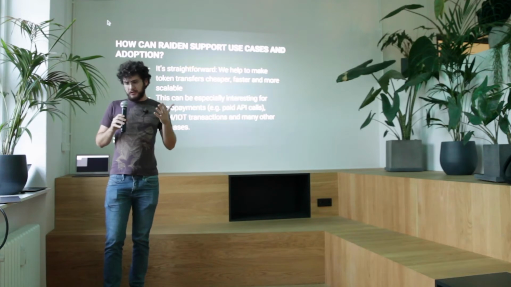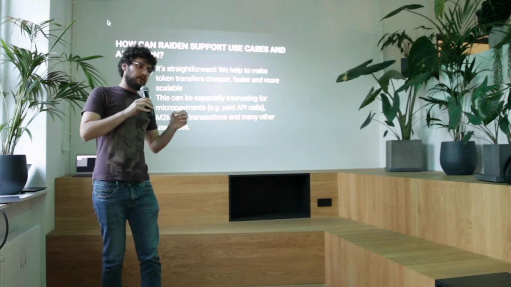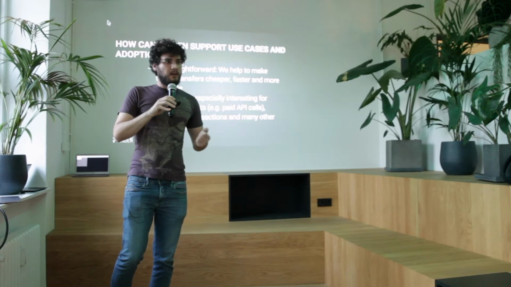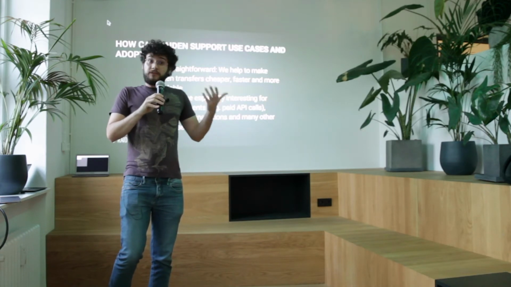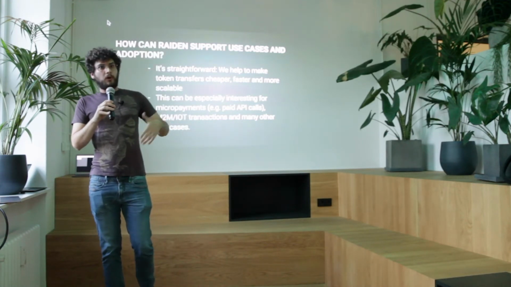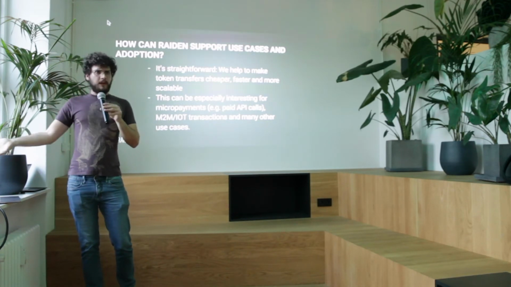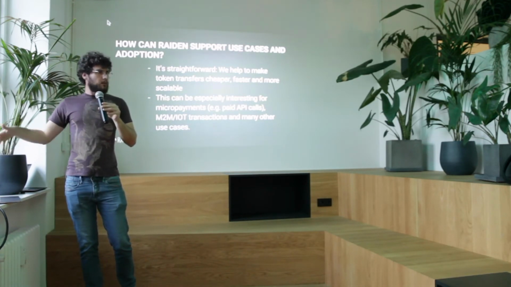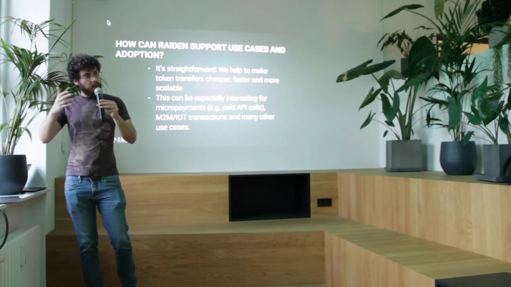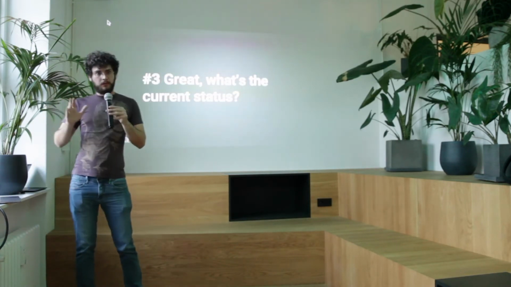Okay, so that's pretty much what Raiden is good for. We're good for making payments, and specifically micropayments. If you're paying half a cent, it doesn't make sense to send a transaction, because the transaction itself can be more expensive than half a cent. You don't want to pay in fees more than what you pay for whatever goods you get. That's the biggest use case that Raiden tackles, and that's why we think it's a good use case for mass adoption, making things cheaper, more scalable, faster. Okay, so that's the idea.